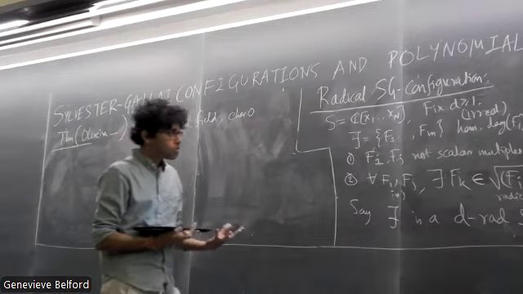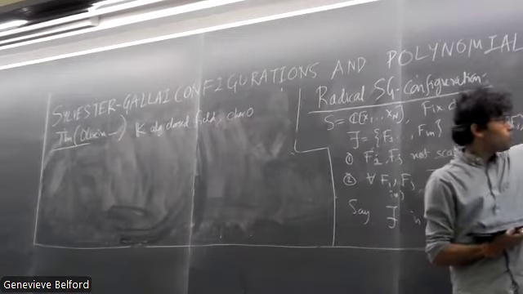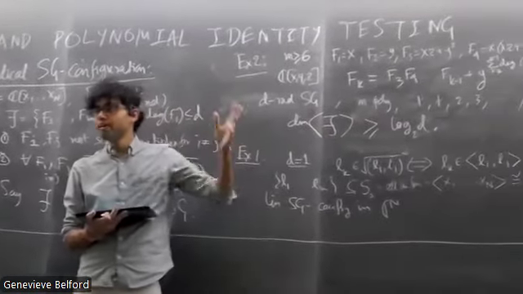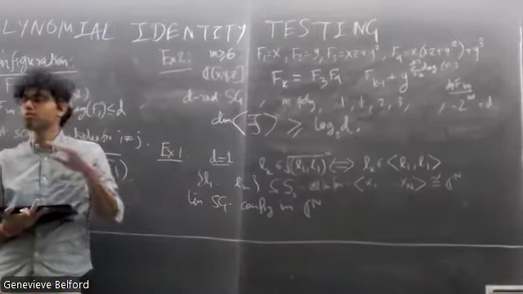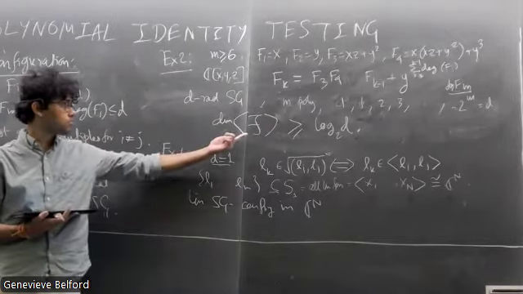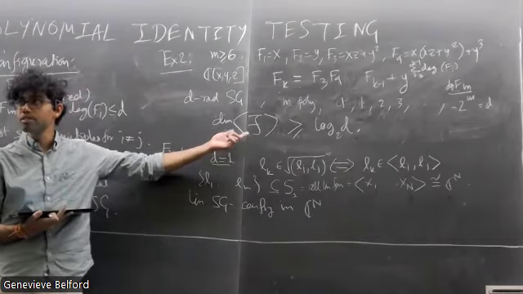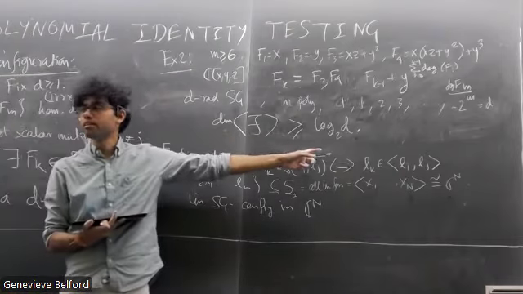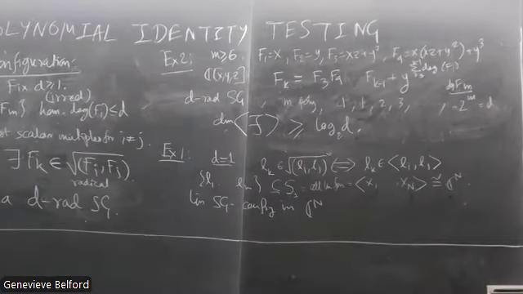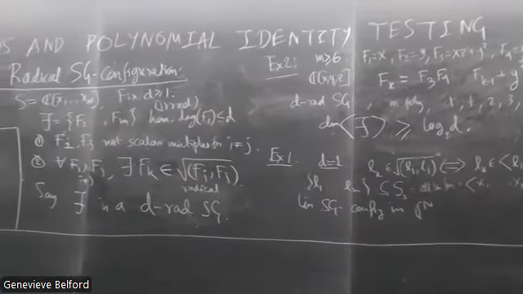What we are going to show is that no matter which Sylvester-Gallai configuration you take, how many variables you have, what field you're over, all those things are irrelevant. You can always bound the dimension of the span of these Sylvester-Gallai configurations by a function only of D. So the claim is that there exists a function